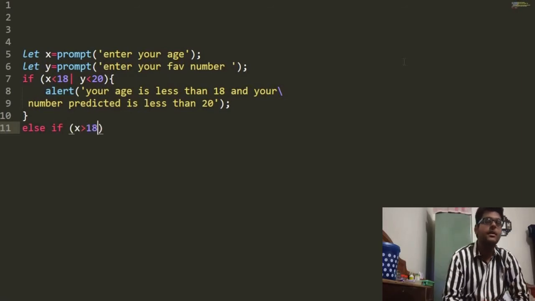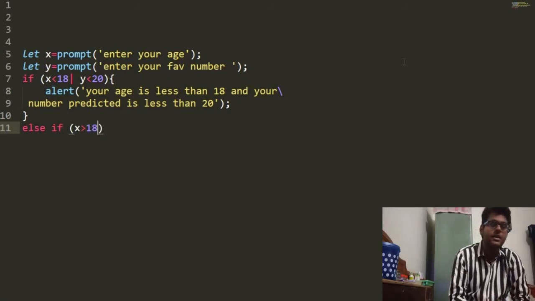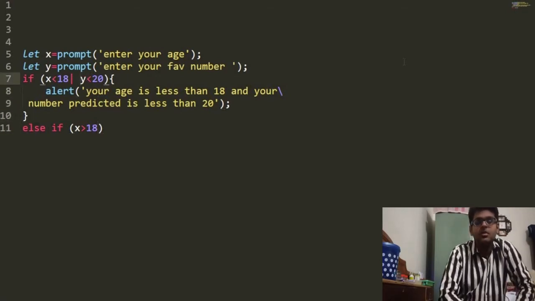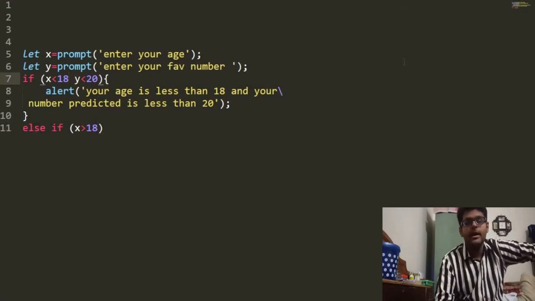Then we have a second condition in which we say else if x is greater than 18. Okay, let's check with the AND operator in which both conditions must be true.